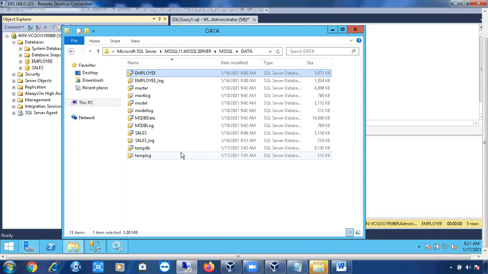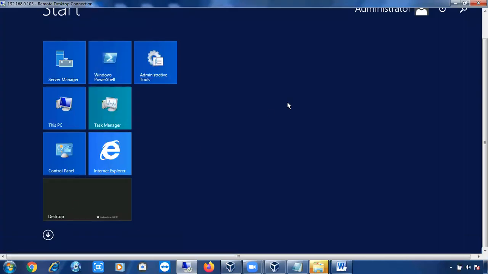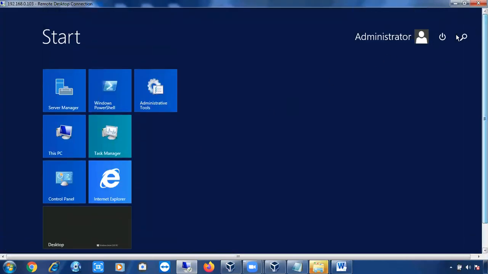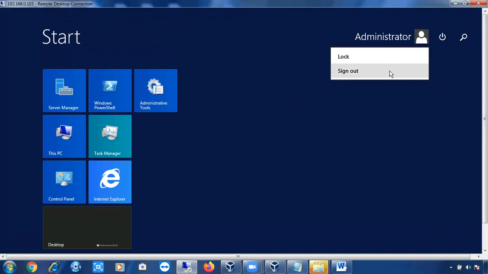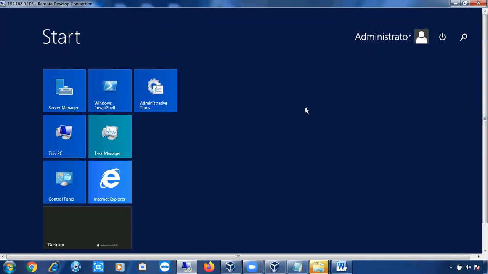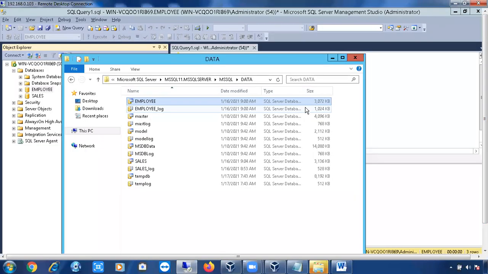Once your work is completed, just log off from the server. How to log off? You can simply click on the Windows button and click on your username. You can see sign out or log off, anything will be there, just log off. Or there is a command also: Windows R, and type logoff. Once your work is completed, just sign out or log off from the server. Don't shut down, don't restart the server. In some scenarios, I told you, while patching you have to restart it, but you will never get a chance to shut down any server. Okay, that is one thing.